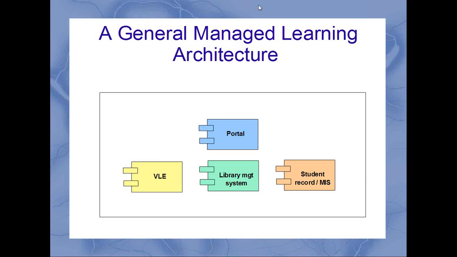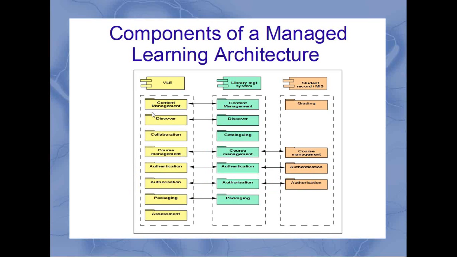A generalized managed learning architecture would look like this. We have a virtual learning environment, which is here. Then there would be a portal through which the student or the learner would be accessing all these learning objects. If required, there would be a learning management system, and the student records or MIS and such administrative part of the learning architecture. So whoever is enrolling into this e-learning architecture comes through a portal, accesses either the student records or the administrative services, the library management system where he can read or access archived, digitalized material, and the virtual learning environment where probably the lectures are delivered through virtual webinars or chat sessions or even Skype or other mode. If we break this up into different portions,